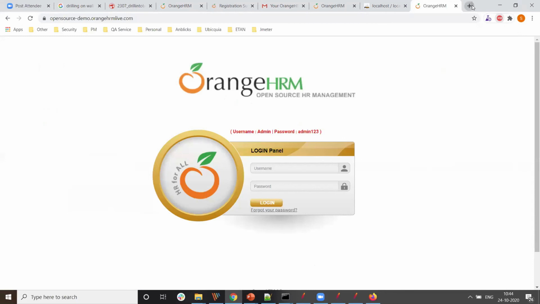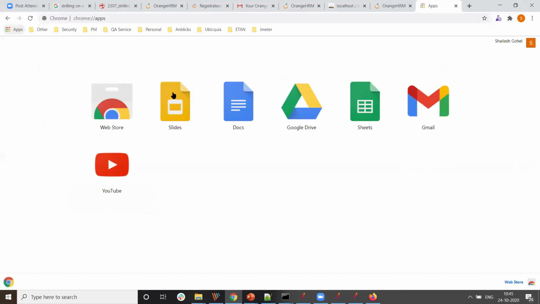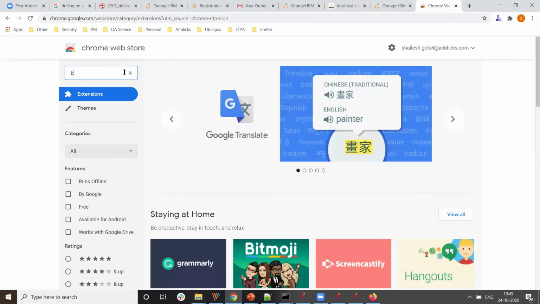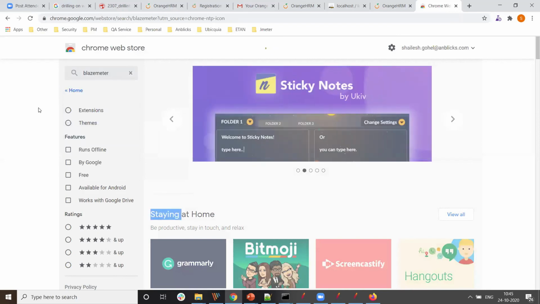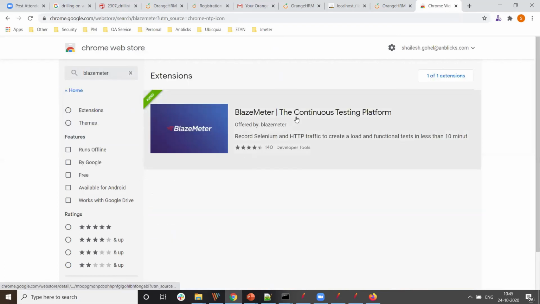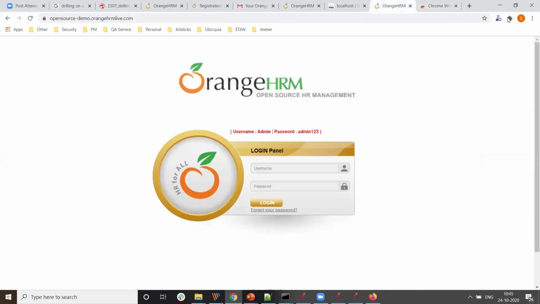If you don't have it, you go to the apps and search for BlazeMeter in the Chrome Web Store. This is the BlazeMeter recorder. I have that. I'll directly use it.